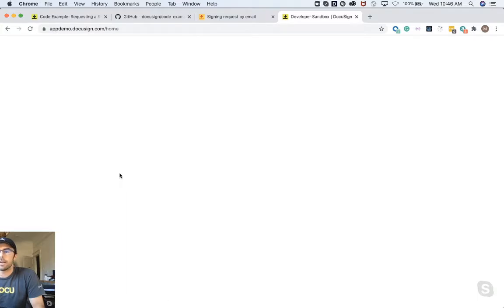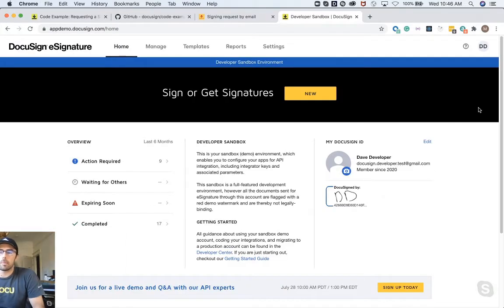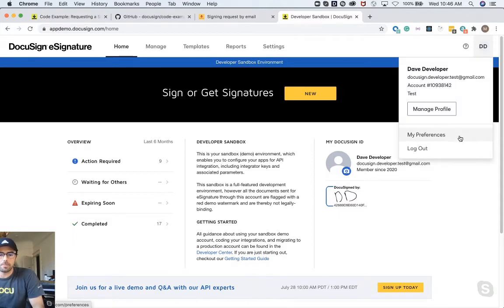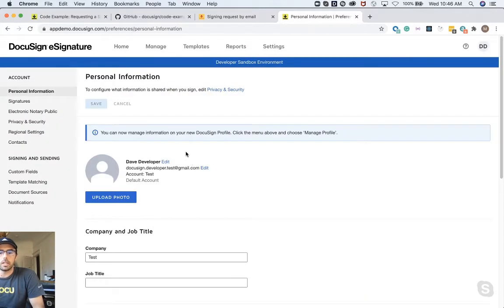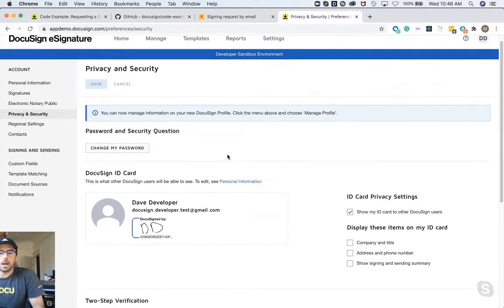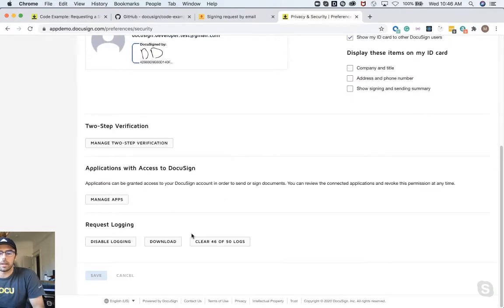If I select the profile icon in the upper right and I click on my preferences, this will bring me to my user preferences. Under privacy and security, I can then scroll down, and down here there's a request logging area. I've already enabled logging, so I'm going to go ahead and clear these logs just for the purpose of the demo. And you can click on enable logging if you're following along.